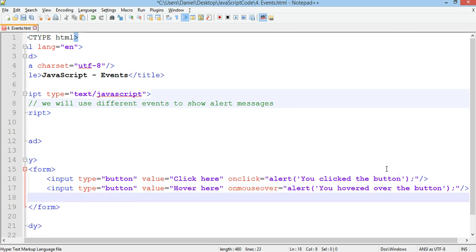Let's go down and we'll add another button this time, and we'll use the onMouseOut. So input type equals button, value equals, what could we say this time? Hover off, hover away. With the hover here button, as soon as the user moves their mouse over it, it will bring up the message. But with this example, the user will move their mouse to the button, it won't bring up a message until they actually move their mouse off the button. So we can go onMouseOut